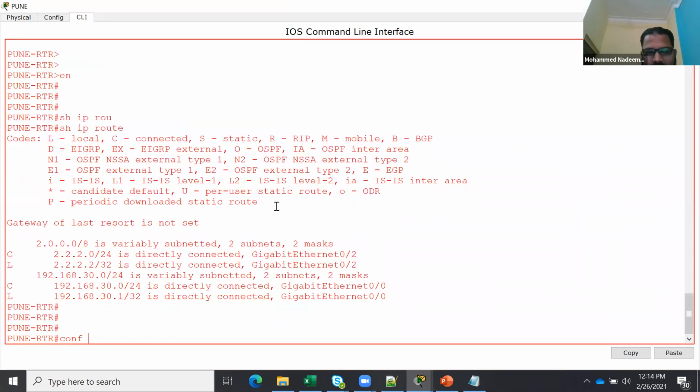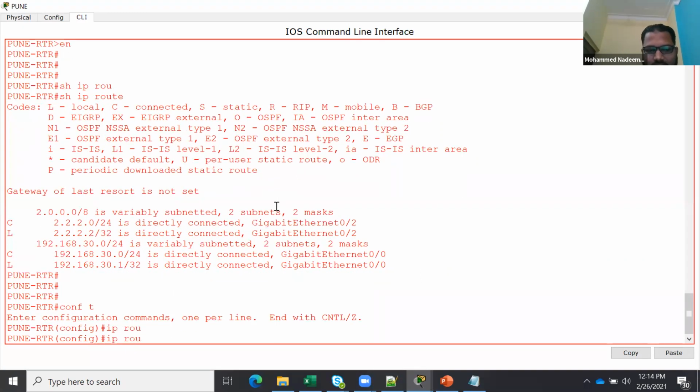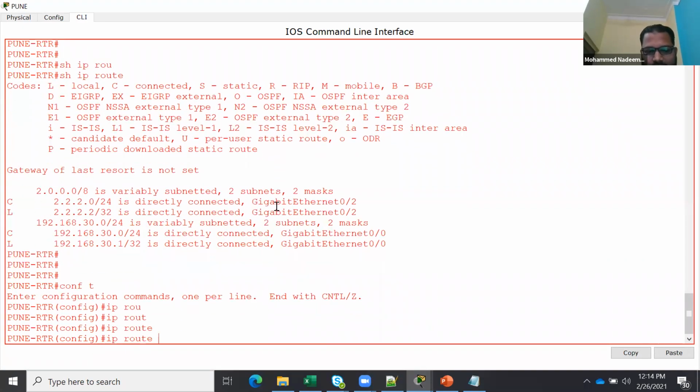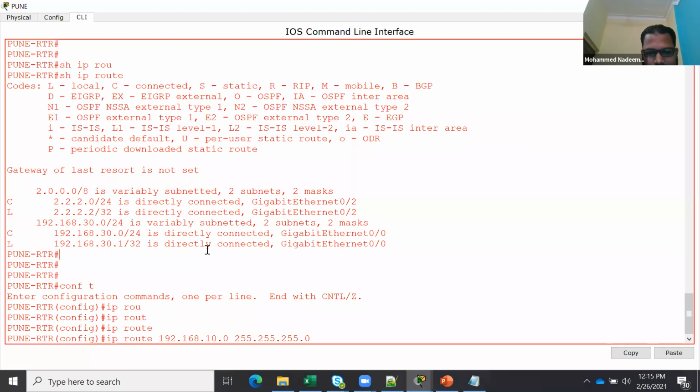So I need to add the routes here, right? IP route. First, I'm going to add 192.168.10.0, Hyderabad LAN, 255.255.255.0. Then what will the next hop be? See, all the networks are in one direction: this LAN, this LAN, this LAN, next hop 2.2.2.1.